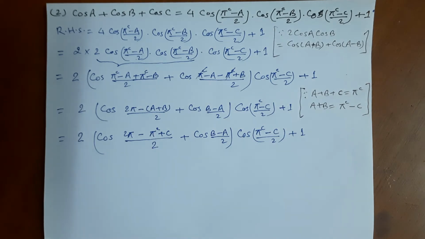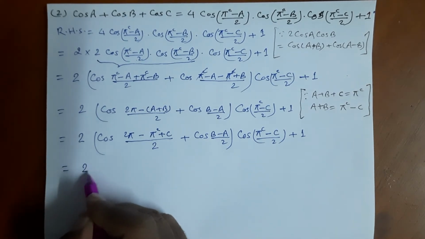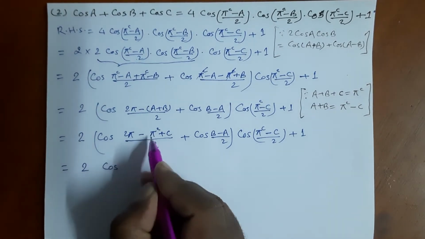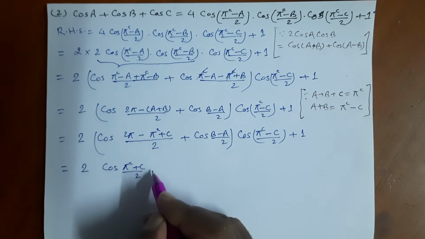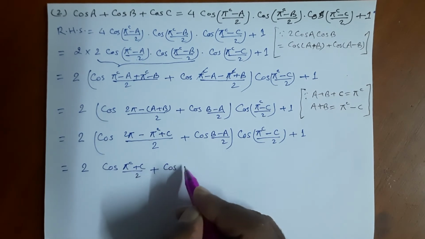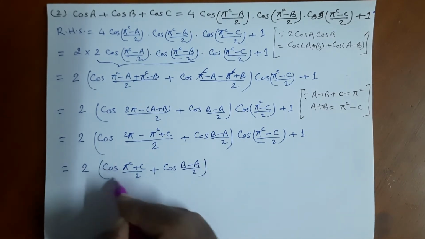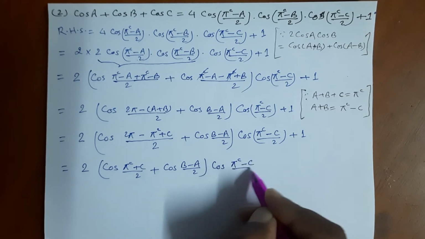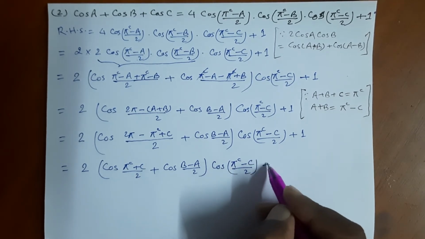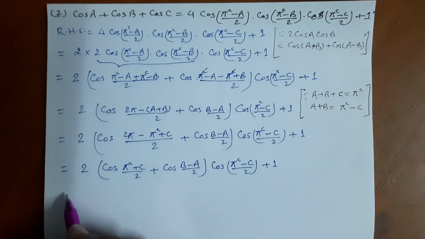Okay, and now we will simplify this. This equals to 2 cos 2 pi minus pi will be pi radian plus c over 2 plus cos b minus a over 2, and here is cos pi radian minus c over 2 plus 1, and now this will multiply here